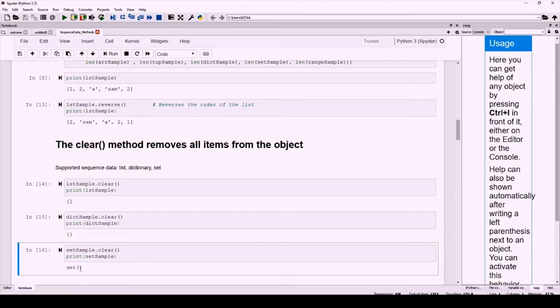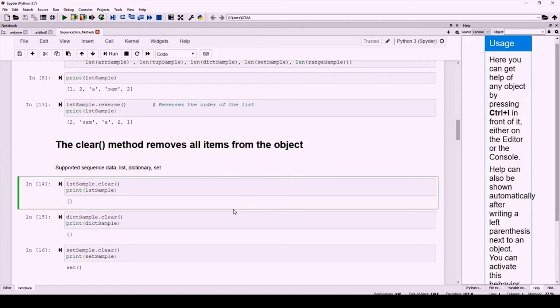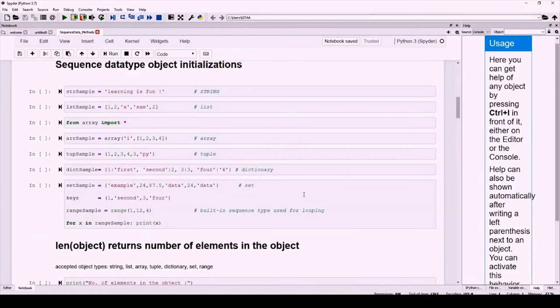So you are just getting an empty set. This will be helpful when you want to remove all the items from the object in one shot. Now since we have already cleared all the elements from the objects, let me restart my kernel and rerun this so that I can perform other operations on the sequential data.